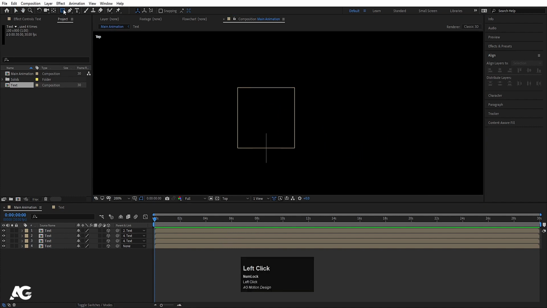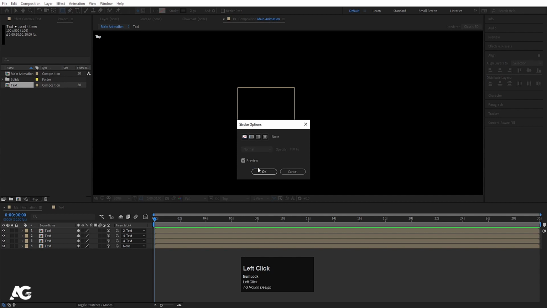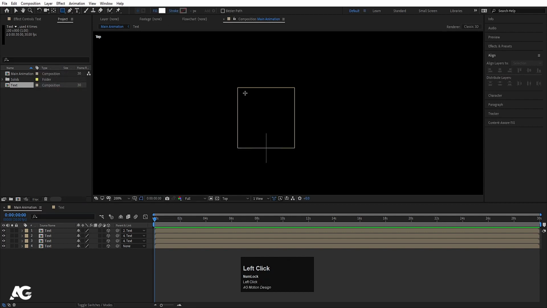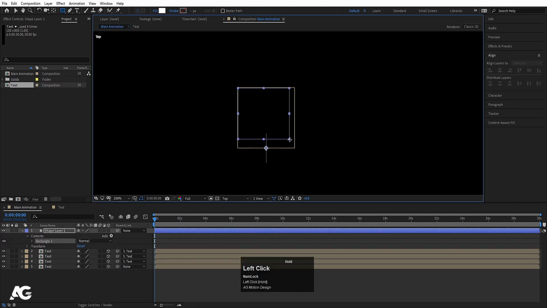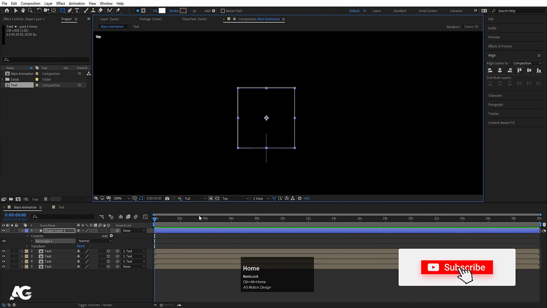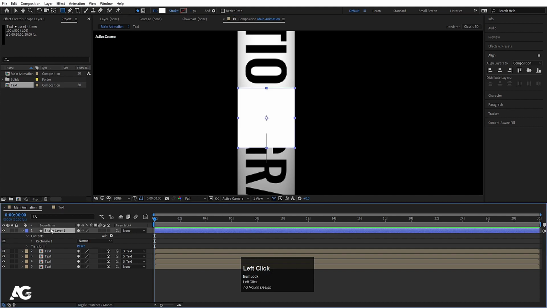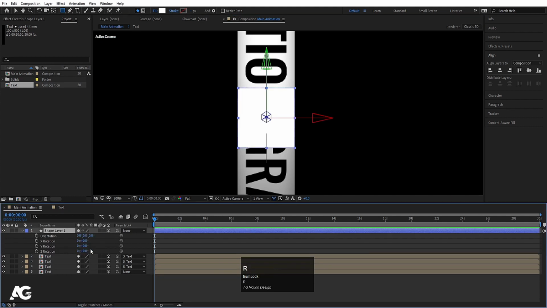Now we will select our rectangle tool, and we don't want any stroke, so let's delete the stroke. All we want is fill, and for the fill I'm going to choose white color and simply hit OK. And we will create one shape according to this one. Now press Ctrl Alt Home to align that anchor point to the center, and let's go to the active camera view. Select this shape layer, convert this into 3D, press R for rotation, and we will rotate it on X